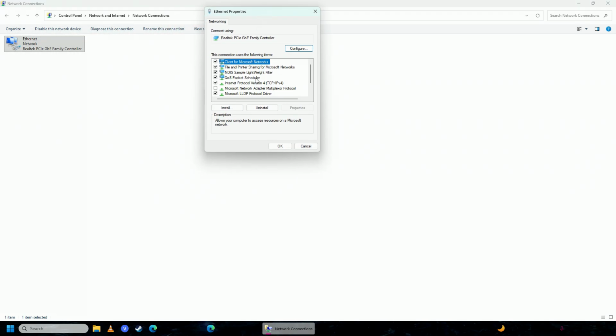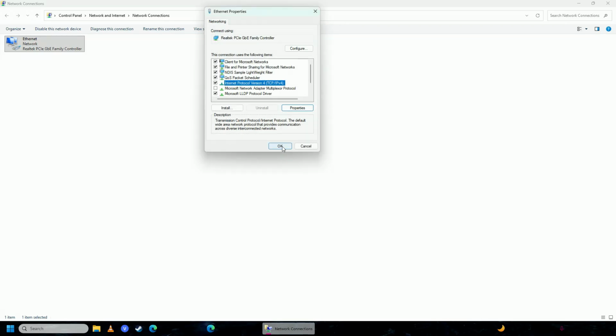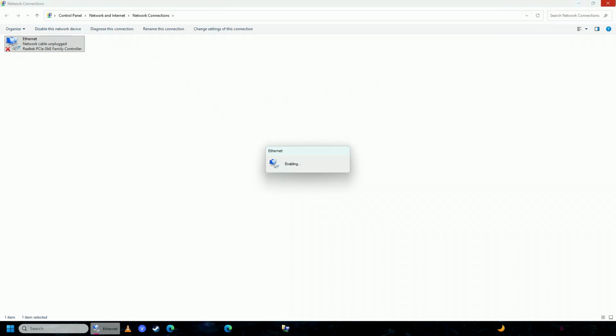Go into Internet Protocol version 4, click Properties, going to use the following DNS server addresses, write the preferred DNS server here, 1.1.1.1, and in the alternate DNS, you're going to write 1.0.0.1, click OK as well, disable this network device, wait for 20 to 30 seconds, and after that, you're going to enable this network device, and then you're